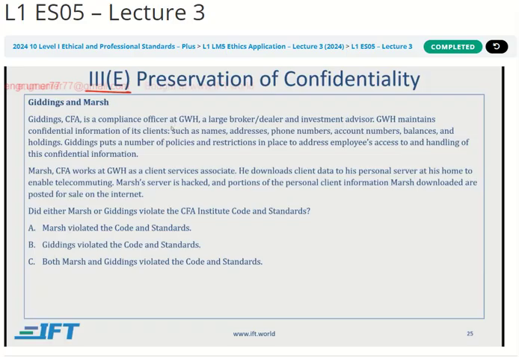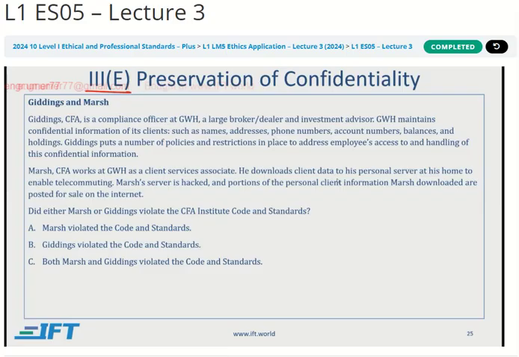Giddings is a compliance officer at GWH, a large broker-dealer and investment advisor. GWH maintains confidential information of its clients, such as names, addresses, phone numbers, account numbers, balances, and holdings. Giddings puts a number of policies and restrictions in place to address employees' access to and handling of this confidential information. Marsh works at GWH as a client services associate.